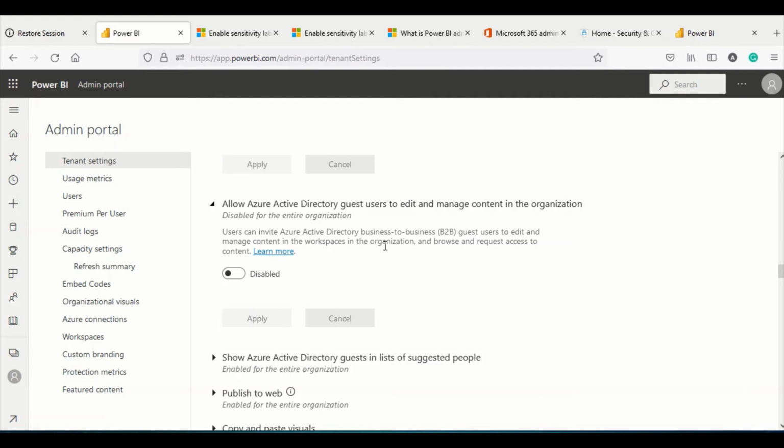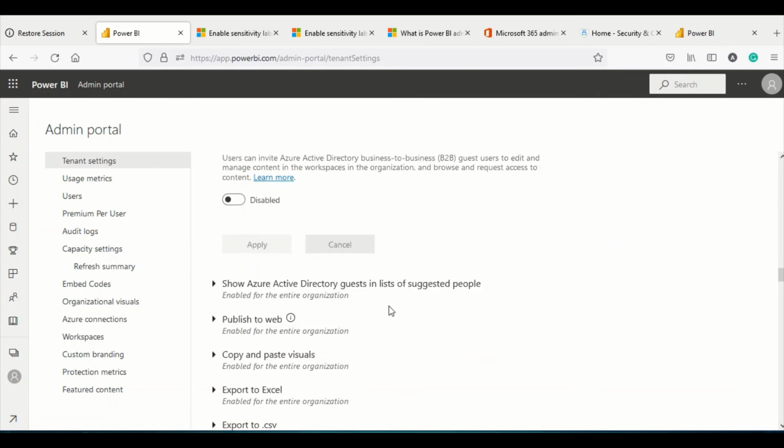So, who should be given that? This setting should be aligned with your organization's security policy, because only if your organization is allowing external users to have that access should you go ahead and give it. A little bit of care is required with this kind of access, if you ask me, because external people will have access to internal stuff.